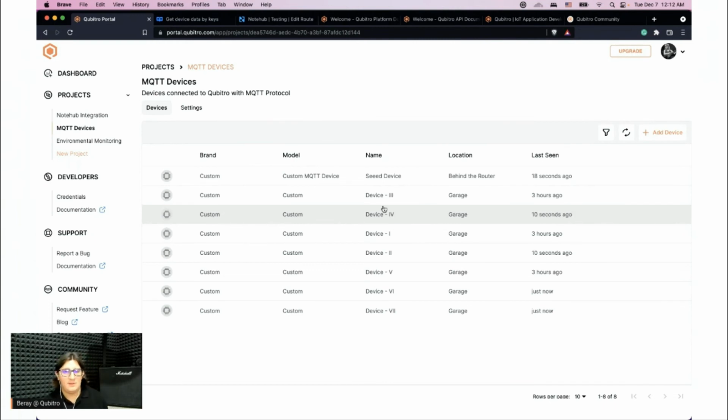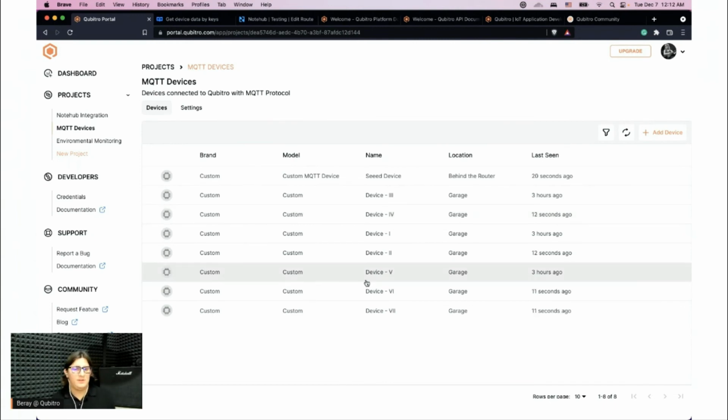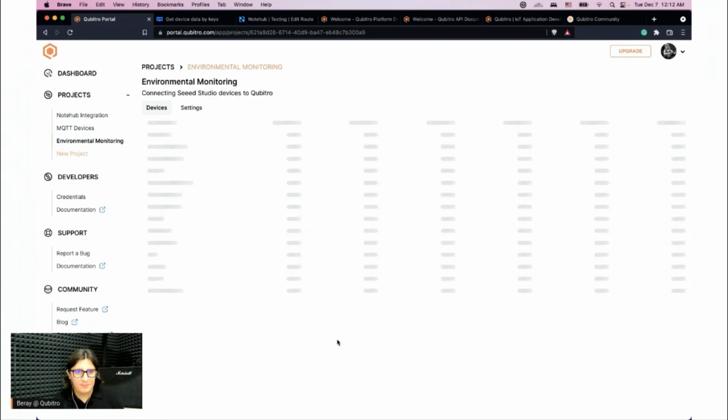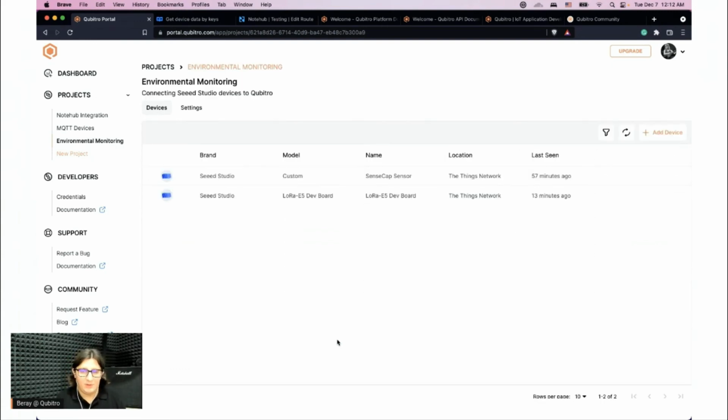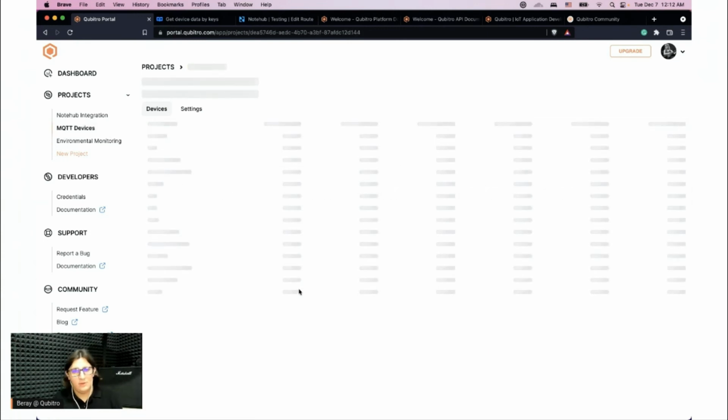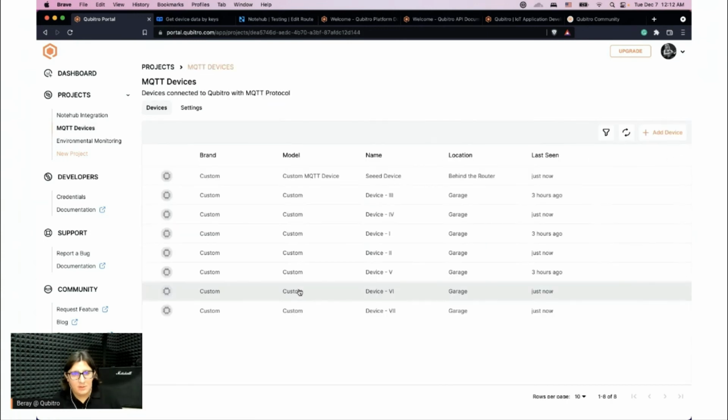And what I mean is that, as you see, I have connected devices through MQTT and devices from Notehub and different devices actually. For example, the Things network. As you see, I can easily see last seen and the other values as well. So going back to the topic, let's say you want to build your own solution and you are going to add devices continuously. This means that you are going to produce tons of data, and in IoT use cases, they are mostly time series data. So they need to be scaled well.